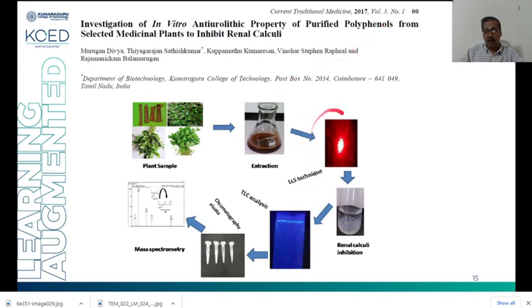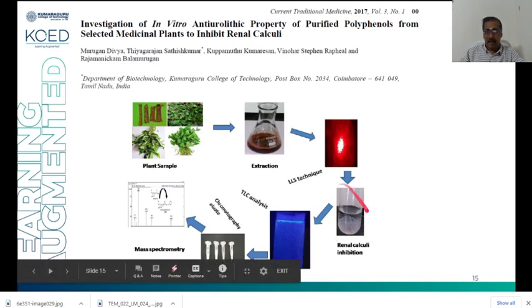We went for a very good laser light scattering technique. This is like UV visible. We used laser light. With the help of laser light, we quantify the polyphenols. So based upon the quantification, we pruned, we eradicated a few plant samples. We didn't work with them. So in that way, your laser light scattering technique is very much helpful. Based upon this quantification, you can eradicate. We have eradicated, and then finally, under in vitro conditions, for the selected plant extract, we investigated the renal calculi inhibition.